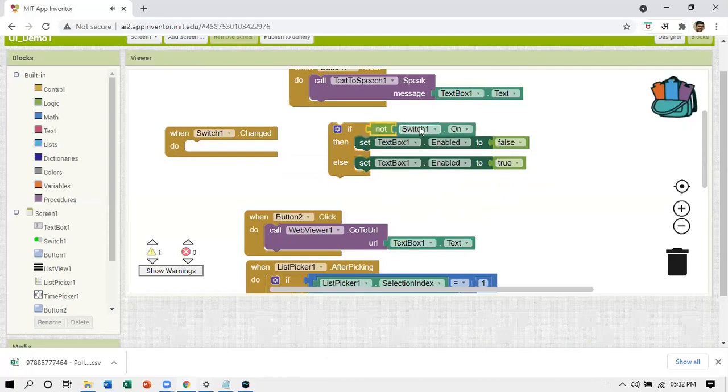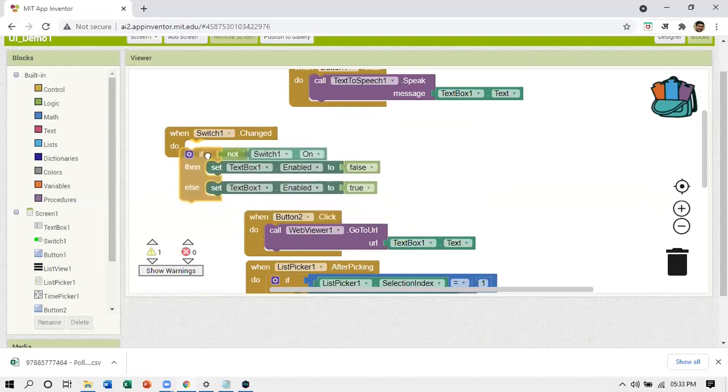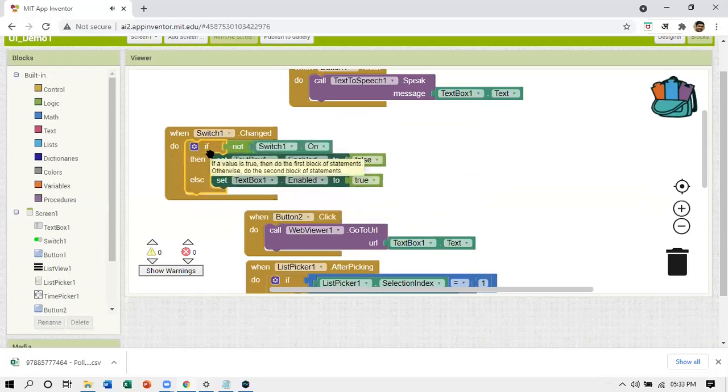I am just checking whether the switch 1 is on. If switch 1 is not on, I am doing text box disable, otherwise text box enable. A simple check when the switch is clicked. So when the switch will be changed, I will check if it is not on. That means if it is off, I will set the text box disable. If the switch is on, I will set the text box enabled. So this is how I am handling the switch.